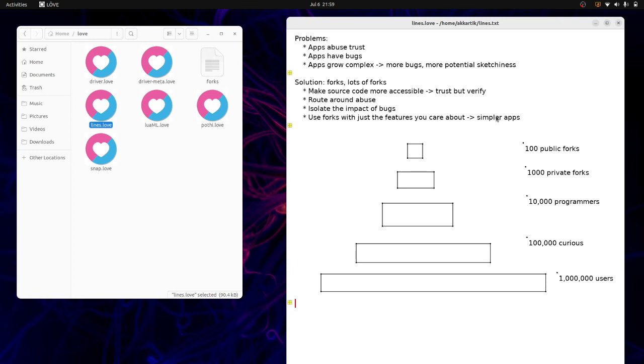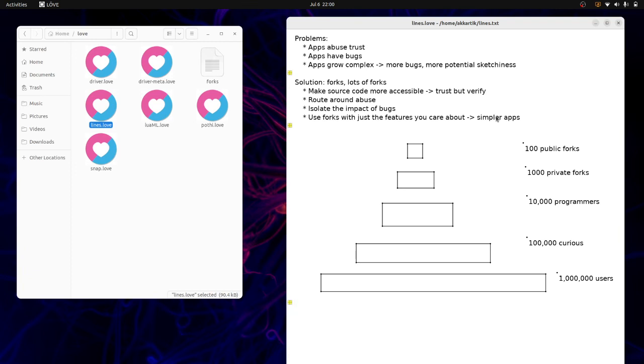A little more quantitatively, just to rough orders of magnitude, I want a world where every app you think of today has 100 public forks that you can choose between. To get to those 100 public forks, we'd need to have 1,000 private forks where people try little experiments and some of them bubble up to become worth publishing. To get to 1,000 private forks, we need to have 10,000 programmers tinkering with these apps, looking inside them, seeing how things work, and coming up with ideas for changes they might want to make just for themselves in the